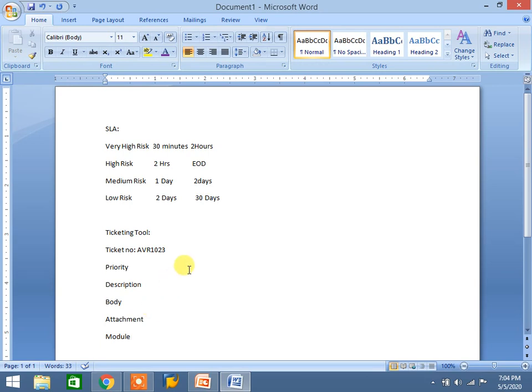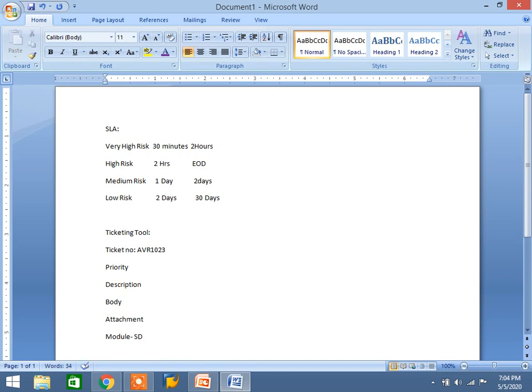Once you receive it from the user, you can check based on module. Suppose it is an SD related issue, an SD consultant can fix it. Whatever he requires, suppose solution manager, remedy, these tools are there. We can reply at the ticketing tool level only: we require this requirement, please send us. The user will get this message and reply with the required details. Only these options are there.